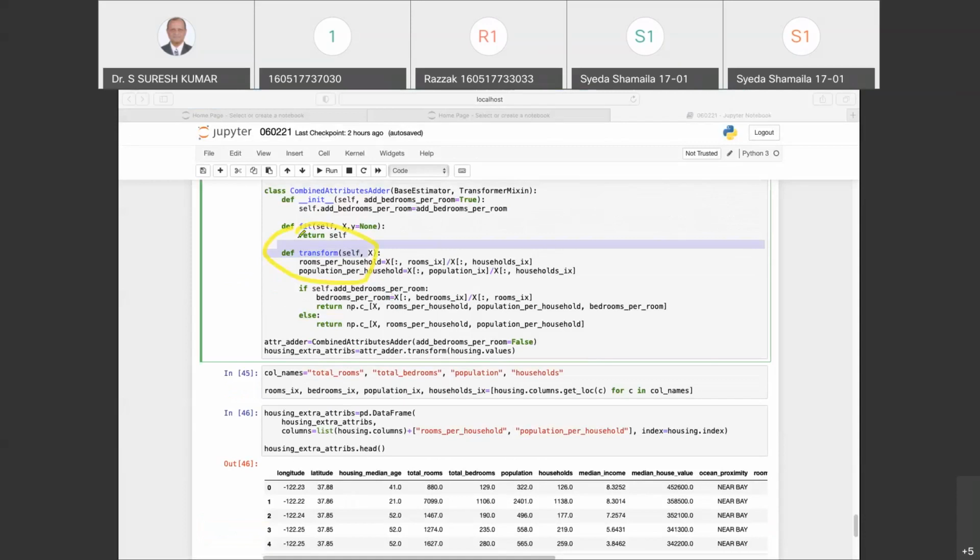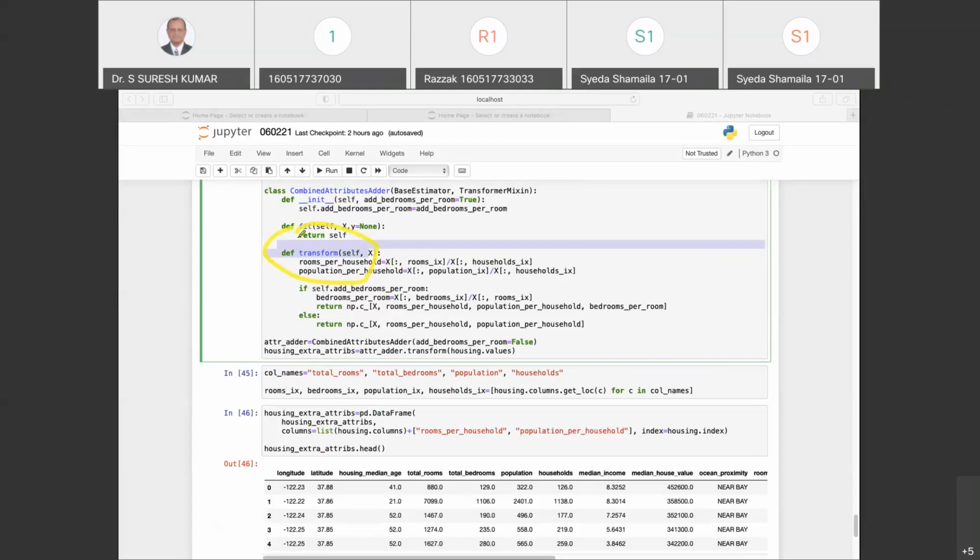Now, when you call the pipeline fit method, what does it do? It calls fit_transform sequentially on all the transformers, passing the output of each call as the parameter to the next call until it reaches the final estimator, for which it calls the fit method. This pipeline exposes the same methods as the final estimator.